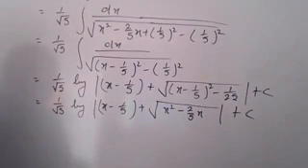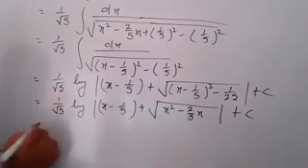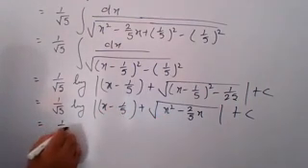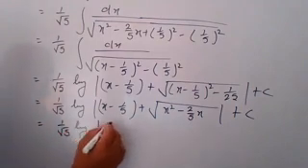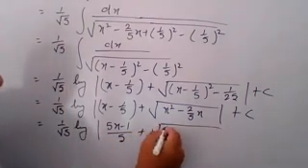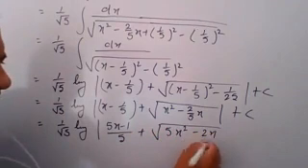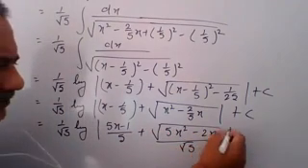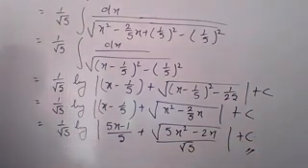Or if you want to express that in simplest form, then you can take LCM also. So that can be written as 1 by root 5 log of 5x minus 1 upon 5 plus, here you write under root 5x square minus 2x, divided by root 5, plus c. This is your answer. So in this way here you write your answer. Getting? Yes, sir. Okay, beta. Now you write the next one.